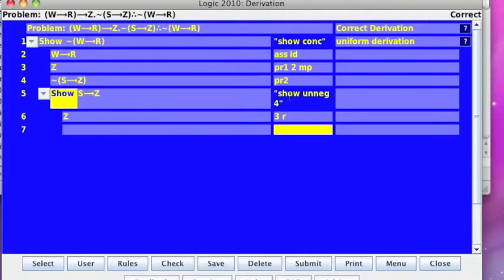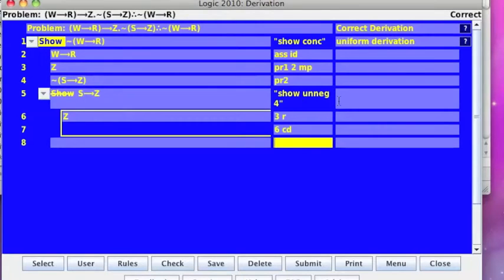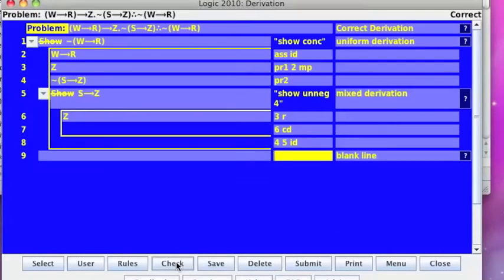R and now 6 CD. That is not very painful, and that would then allow you to complete the argument for 5 ID, and you can check it. Notice it's described as a mixed derivation because I didn't assume the antecedent of the conditional. However,